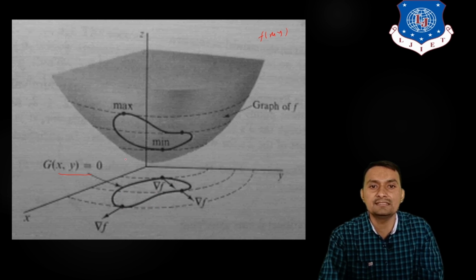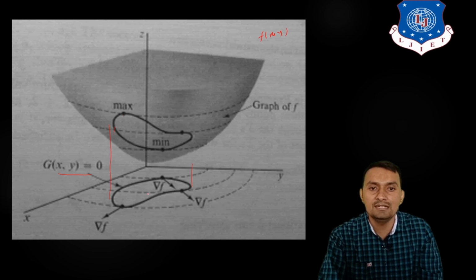But when I consider its projection, it looks like this, as we can observe. That means we need to consider the gradient at each point here, and also the gradient of this line. Whenever they intersect, at that point both have the same tangent, so we can determine its normal line. Initially, whenever we see g of x, y, its gradient can also be determined. These are the gradients, but its normal looks like this.